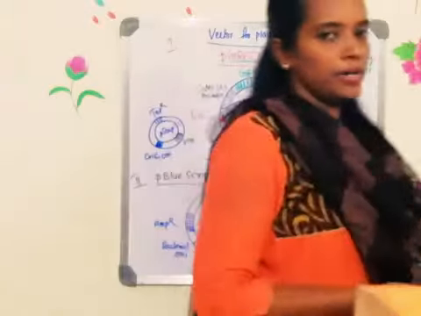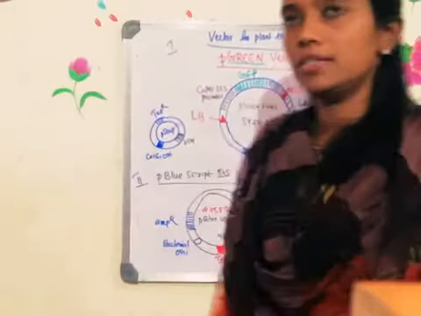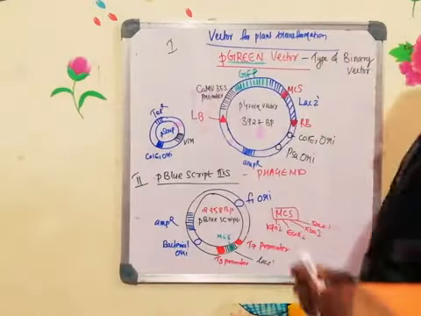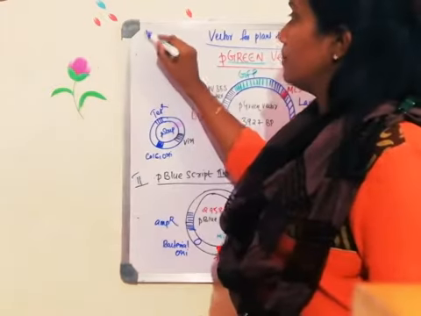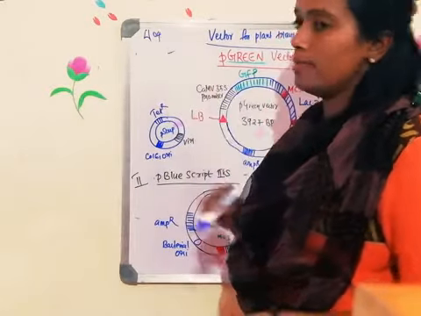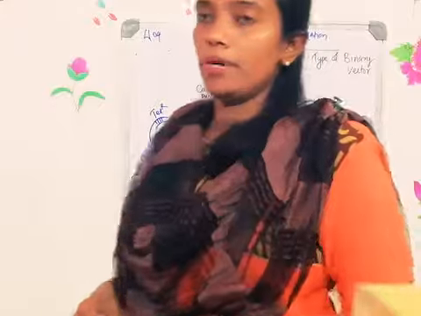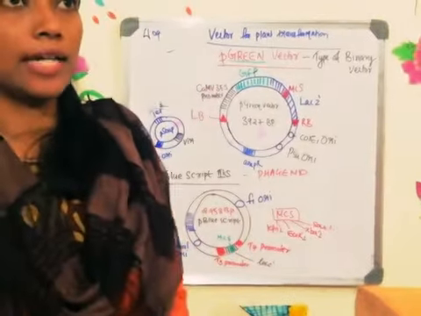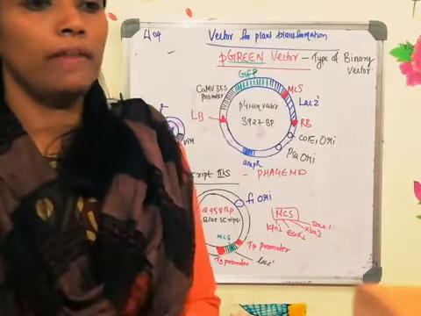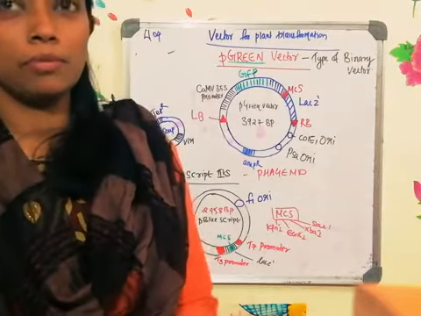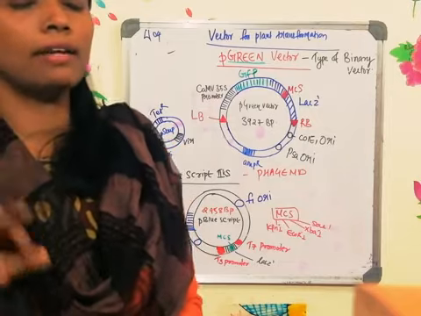Hi everyone. Today's class will discuss the vectors given in the plant and animal biotechnology paper. This comes under paper 404, plant and animal biotechnology, and the topic we are discussing today is about the vectors. In the syllabus, in the second unit of the paper, where the vectors and different gene transformation methods are given, three vectors are listed.